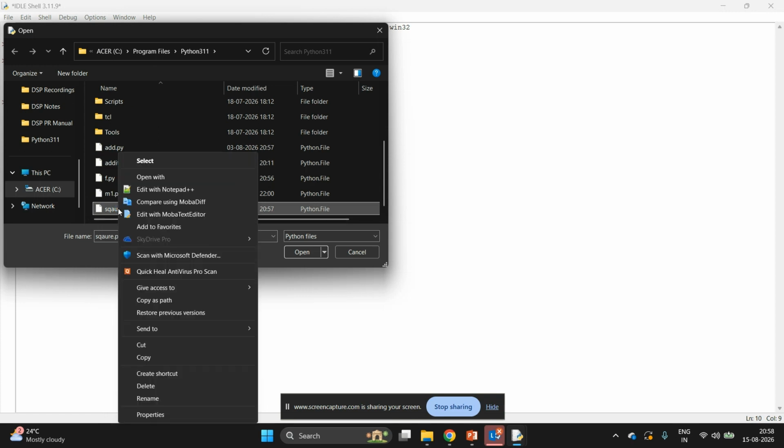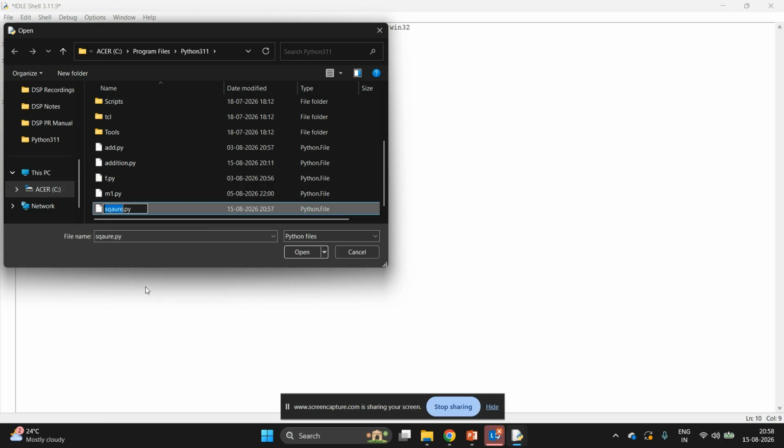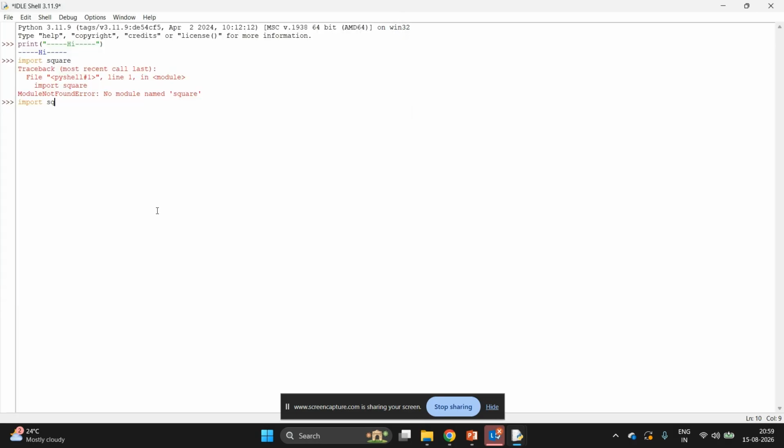We can rename it at this end. Square. Okay. Now, if I repeat that line, import square, the module is imported.